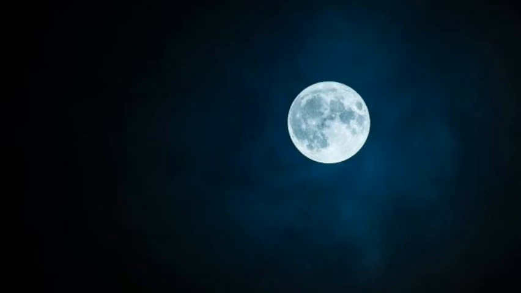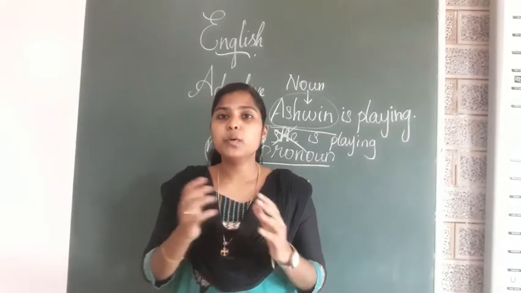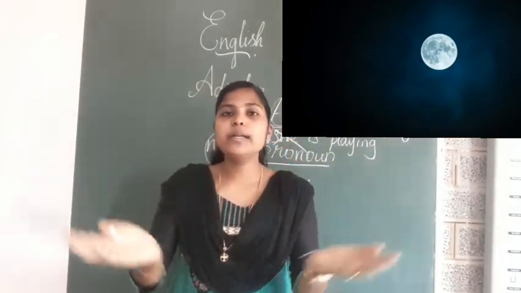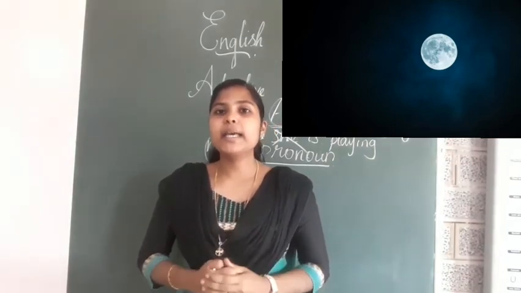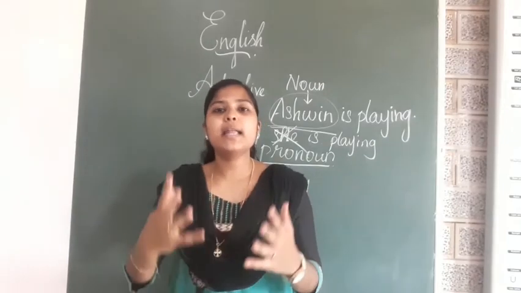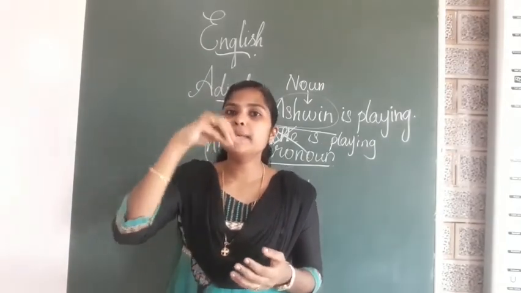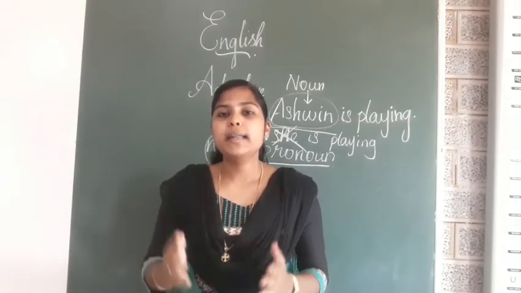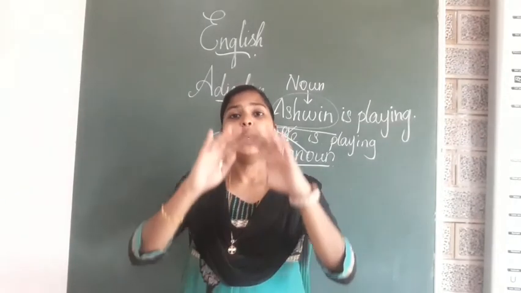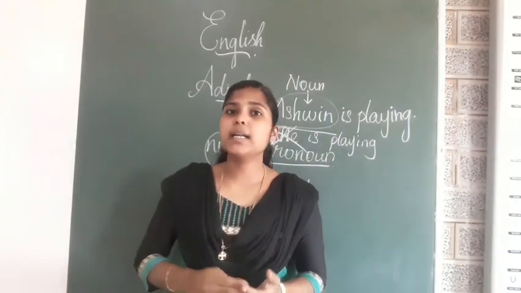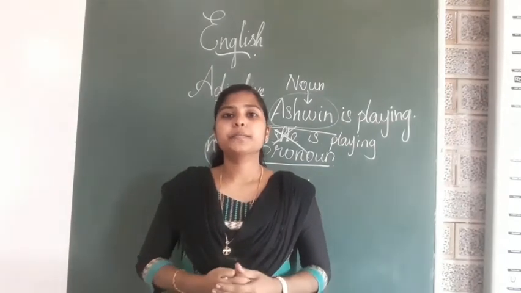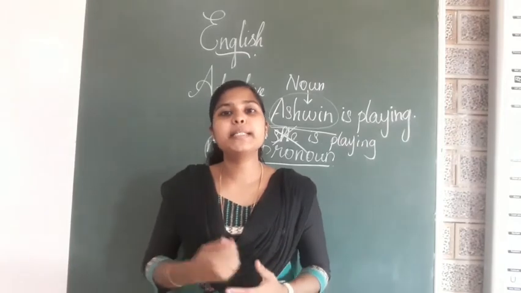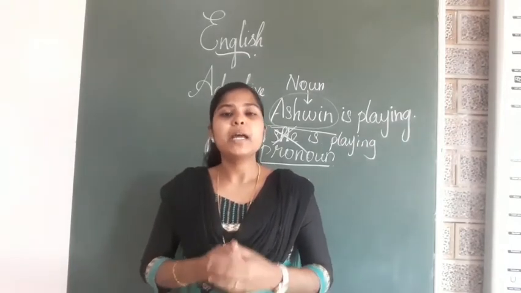Then, how does it look? Is it beautiful? Yes. So the moon is beautiful. It is round in shape. It is circular in shape. It is white in color, isn't it? So here we are describing the noun. We are adding more meaning to the noun, that is the moon. So for the moon we are saying it is white in color, it is circular in shape, and it is so cool. It looks beautiful. It looks pretty. What looks pretty here? The moon.